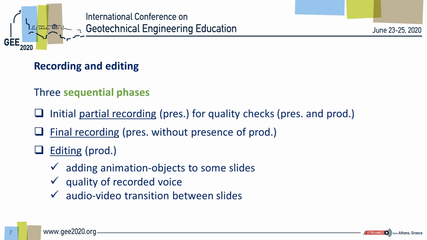Before a complete draft of the presentation was available, the presenter recorded parts of it for quality checks. Once the presenter and the producer agreed that the recording procedure was effectively working as it should have, and that there was no need to undertake a staged presentation, the final recording was performed by the presenter without the presence of the producer. The final recording has then been edited by the producer with the aim of improving the description